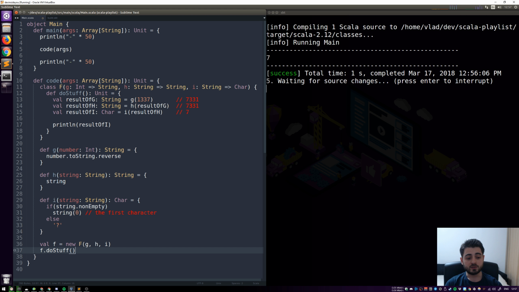Now, we sort of jumped into this thing that accepts multiple functions as arguments. But what does it actually mean? I mean, obviously it means still dependency inversion, right? We still have an inversion of control. But apart from that, there's another important aspect of that. So what we see here is a so-called code smell. So the code is trying to tell you that those three things, G, H, and I,